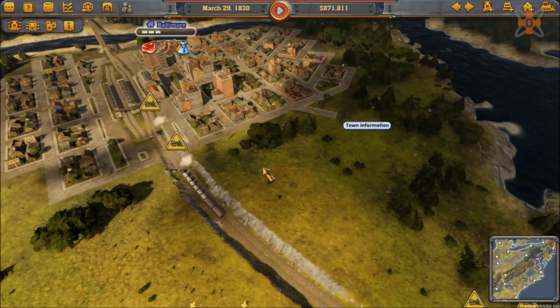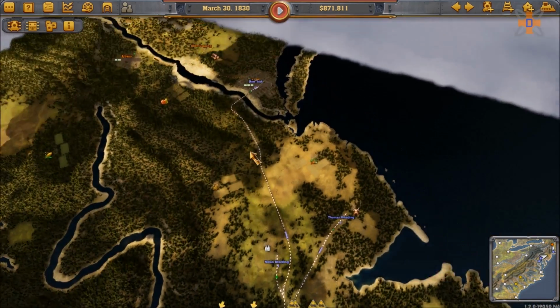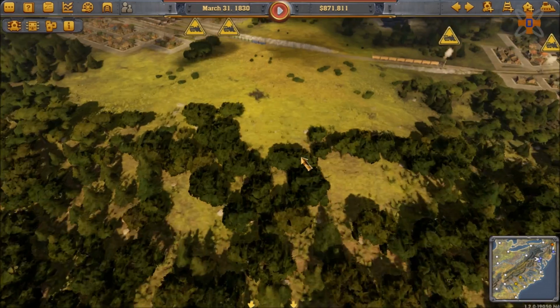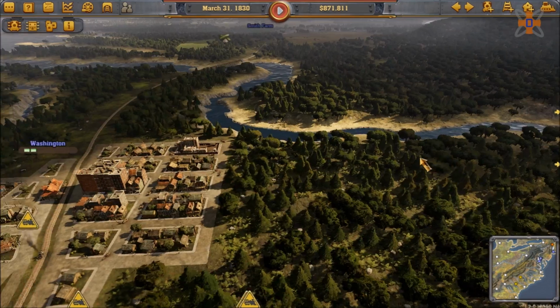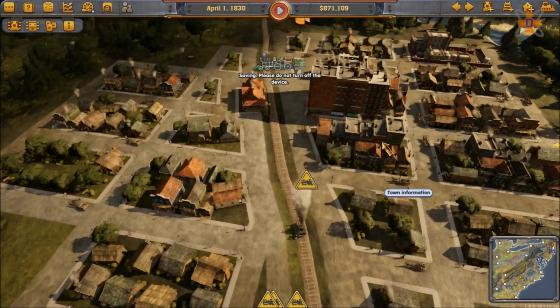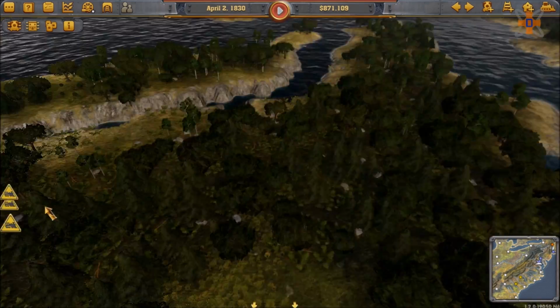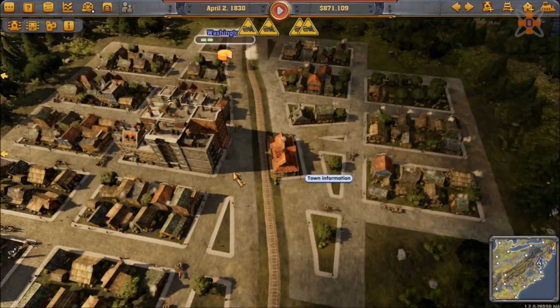So yeah, I've got the basic line constructed, much cheaper than I've ever done it before. And well, yeah, got a few issues here I guess with signalling and all that. But that is something that I'm probably going to spend the first couple of minutes in this episode just sorting out. So Smith Farm, if I even like...